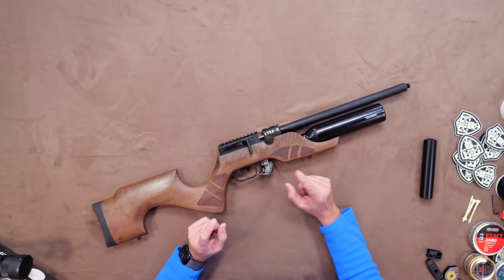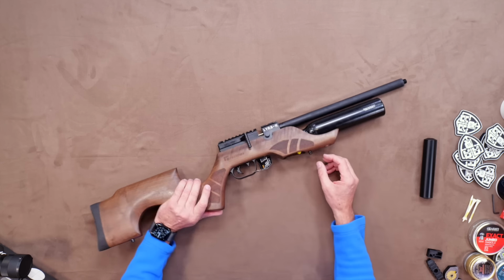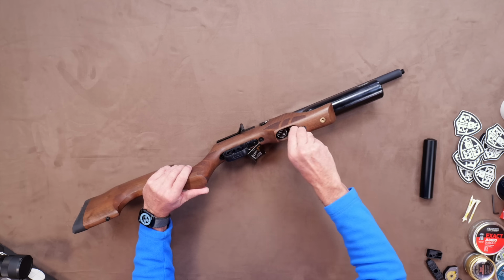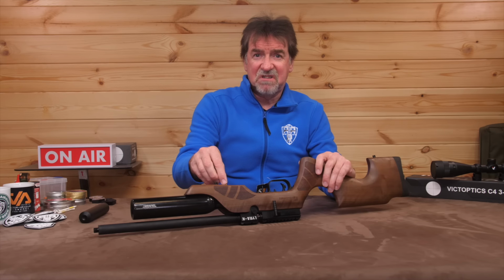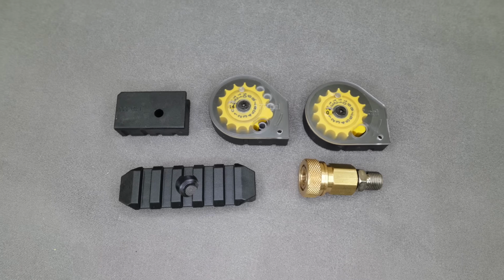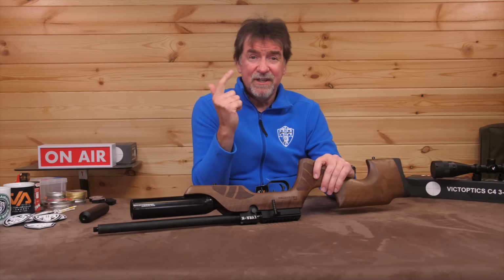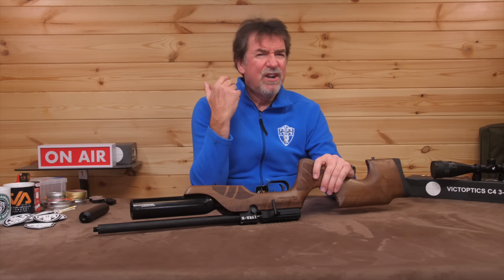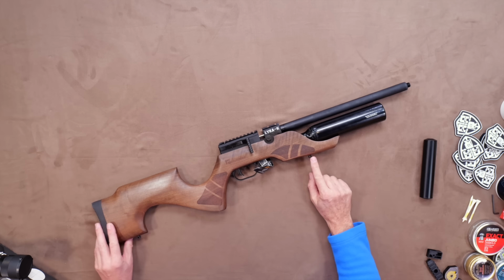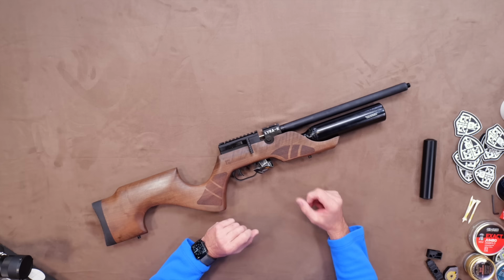But this is to keep enough timber around the front of the bottle to give it strength and to give it a nice recess to house the air gauge and the Foster fitting male fill adapter that simply needs a standard female fitting to fill the gun, and one is actually supplied in the box if it's not already on your pump, diver's tank or compressor. So no filler probe to lose. Bonus. It has swivel studs fitted front and rear to fit a bipod, strap or the like,